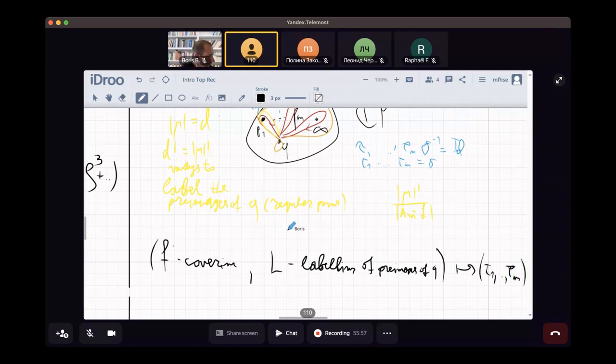Is it clear? If we pick a covering and a labeling, it uniquely produces a collection of m transpositions in the way we discussed. And the claim is that